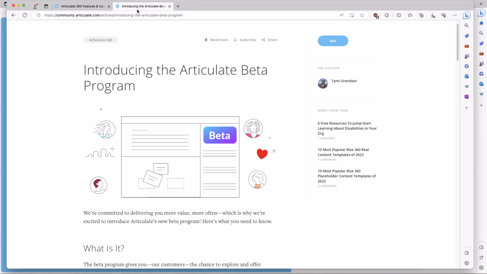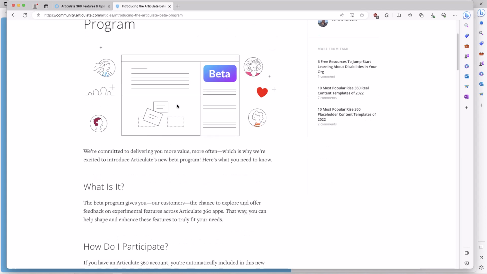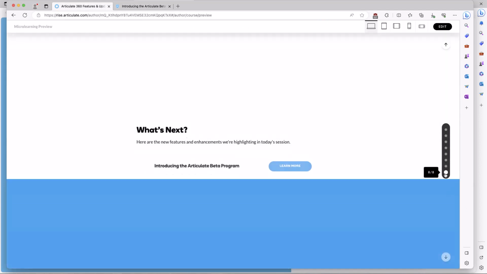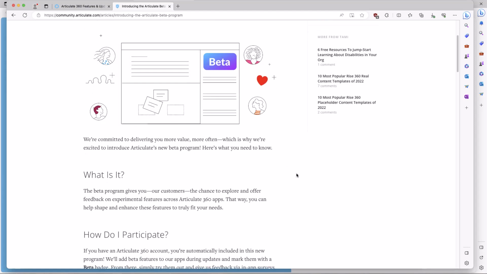I just want to call attention to the beta program and how we are rolling out features ahead of time. We're trying to include you more in those early product releases. You'll see those beta features like the integrated comments, the request for feedback, and team folders, and you can always give us feedback on those. This post is linked from the resource page down below. You can learn more about what we're trying to do, how we're giving you earlier access to the features so that you can play around with them and give us your feedback.